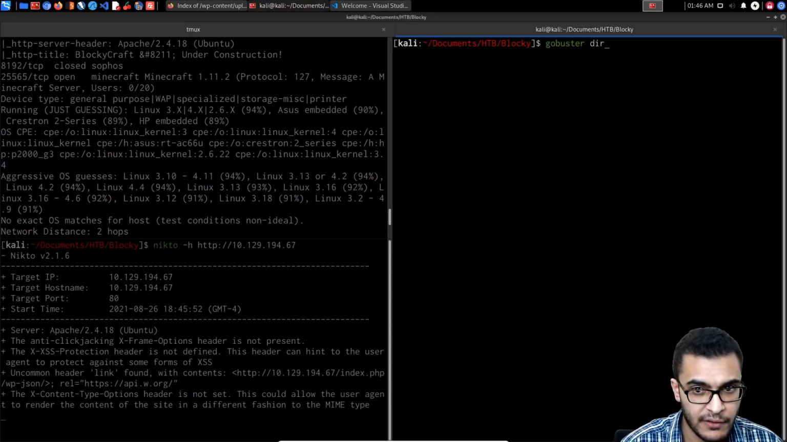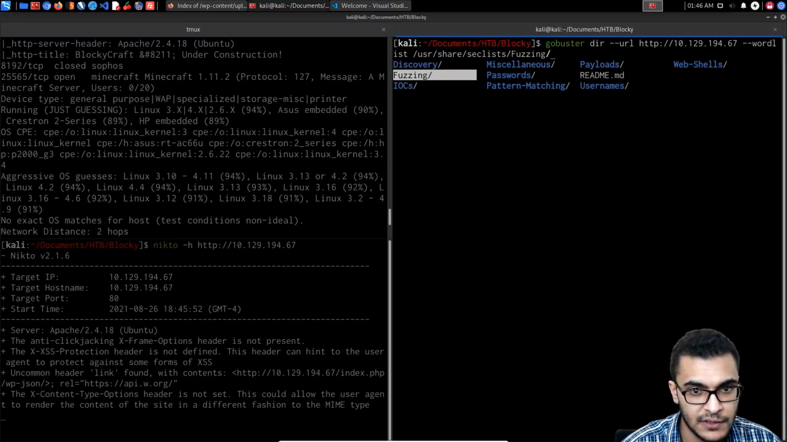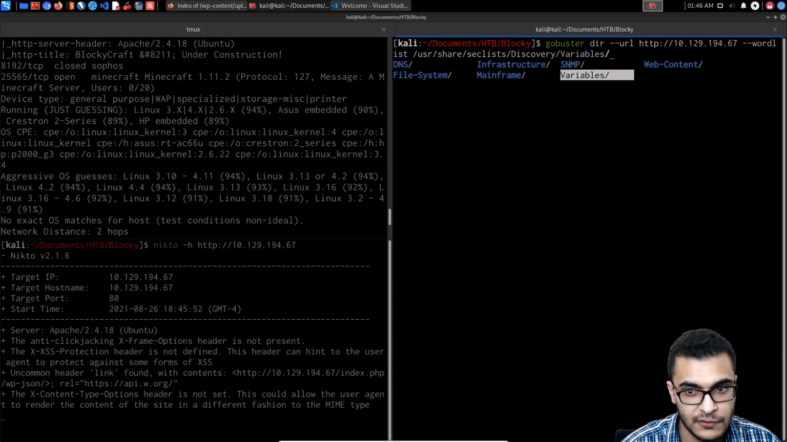So GoBuster directory brute force, the URL is http. Let me type that in correctly. We have the IP there. The word list I'm going to be using is, let's try and use SecLists this time. So /usr/share/seclists, and we're looking for, let's see, Discovery, Web-Content, and we're looking for, let's see,